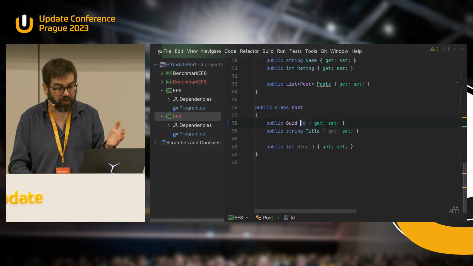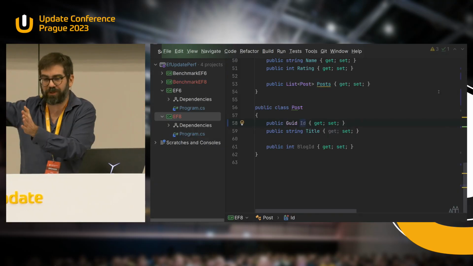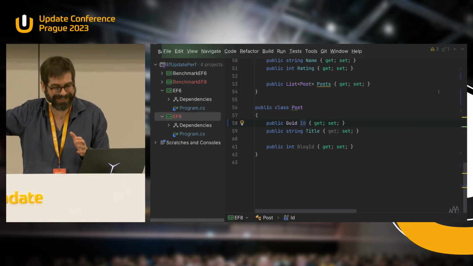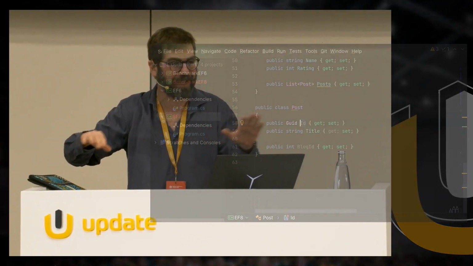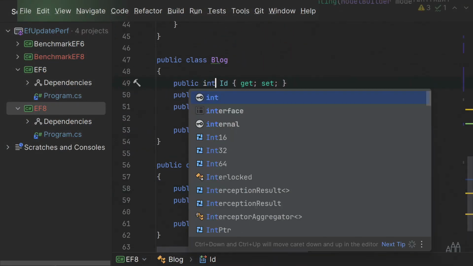So those of you who are starting to think, wait, but that means that GUIDs are super cool and I must switch my database to use GUIDs everywhere, don't do that. I mean, it's a big discussion, GUIDs versus IDs. I'm not getting into it, but I will say this. EF does have, I'm going to switch back to ints, EF does have a feature which I think nobody here